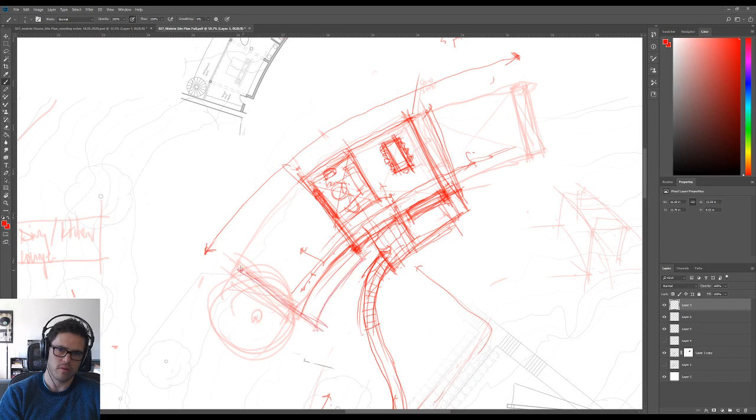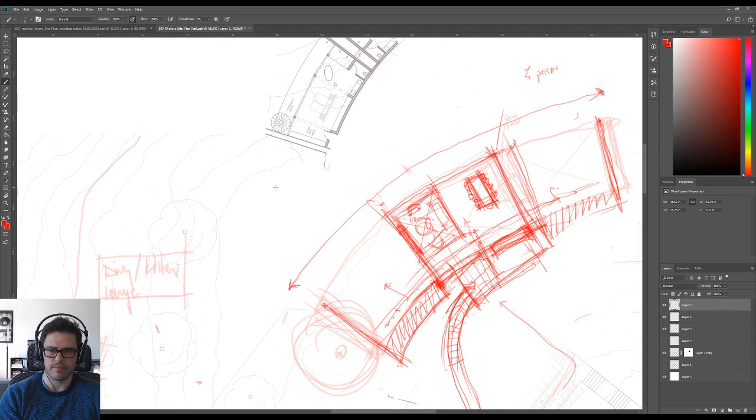So, one of the big design changes that came out of our meeting yesterday was that the access to the back of the building needs to be open air. And what that means is that it doesn't have a roof on it. So if I draw a section of it, slicing through the building,